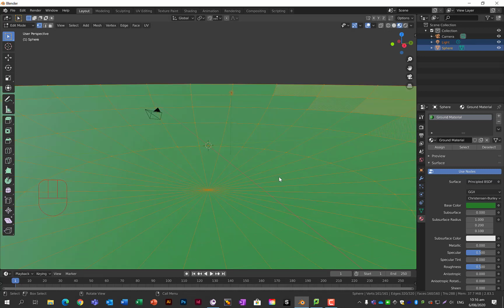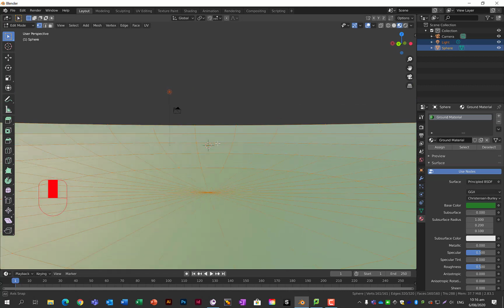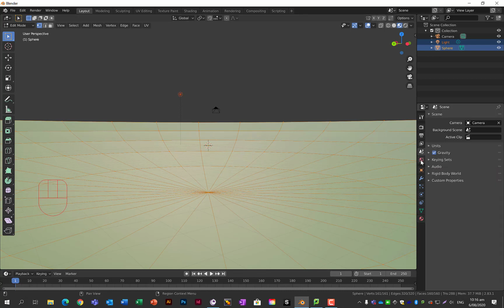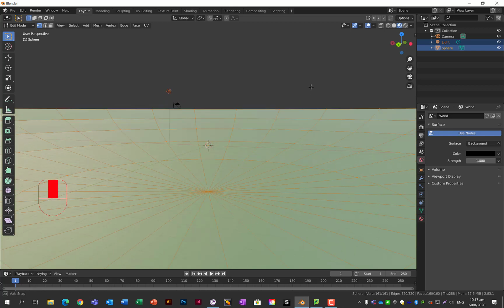If I go to material preview, the lighting system is provided for me, and it's got an HDR around it. You can't see the HDR in the background. Another thing that quite often happens is people change the background color to black. So there's actually no light being emitted by the background, so I'm going to go to rendered mode,